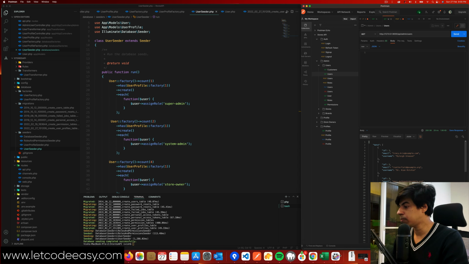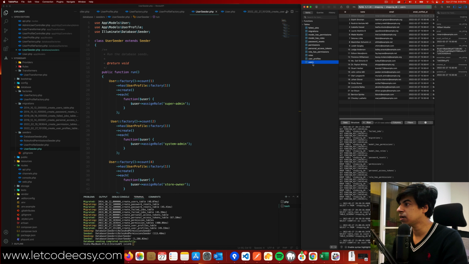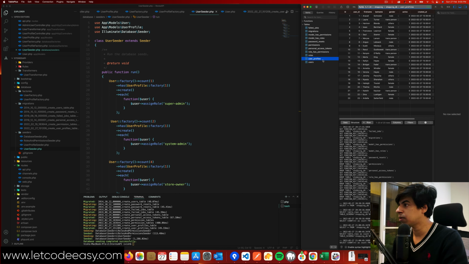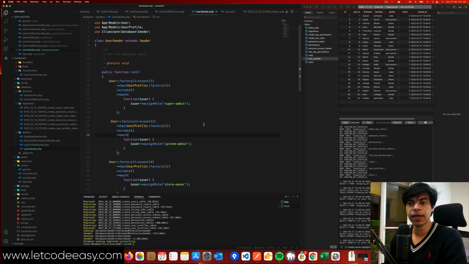successfully. Let me go back to my table and then do a refresh. You're seeing that user profile is here. It has created 23 users. Similarly, it should have created 23 user profiles mapping to those users. So that's also done. So the next part is that because we already have the user information coming back, at